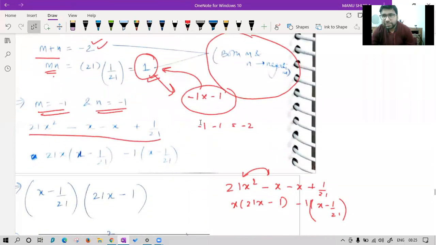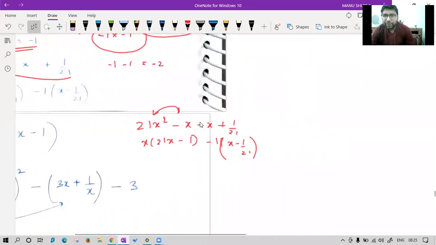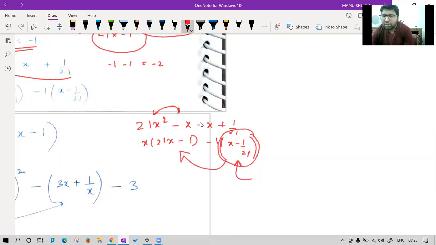Yes, just note. The thing that came to my mind is, in this bracket I can do nothing. I have to take minus 1 common only. So I should try to make the same thing over here. I cannot change this thing. So can I change this bracket? Class, can I change this bracket? Yes, I can make it similar by taking 21 common. So if 21 is common, what will happen?